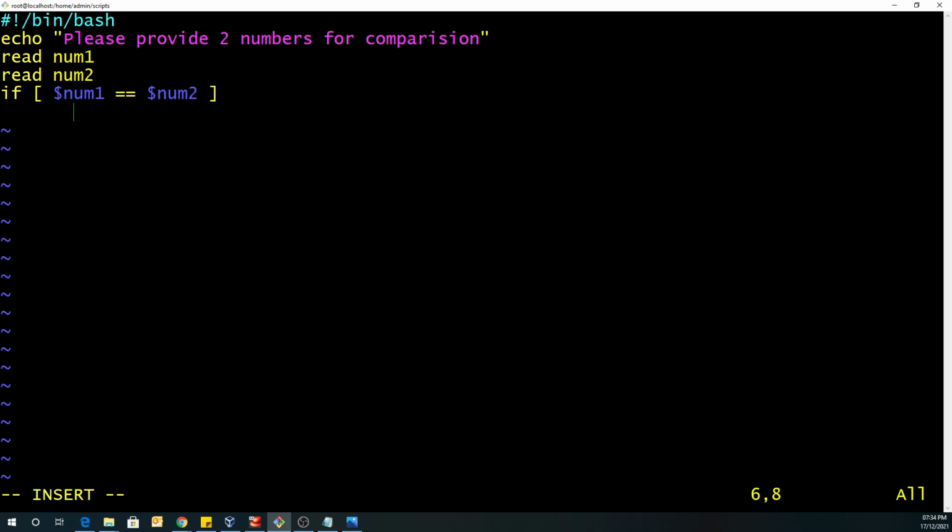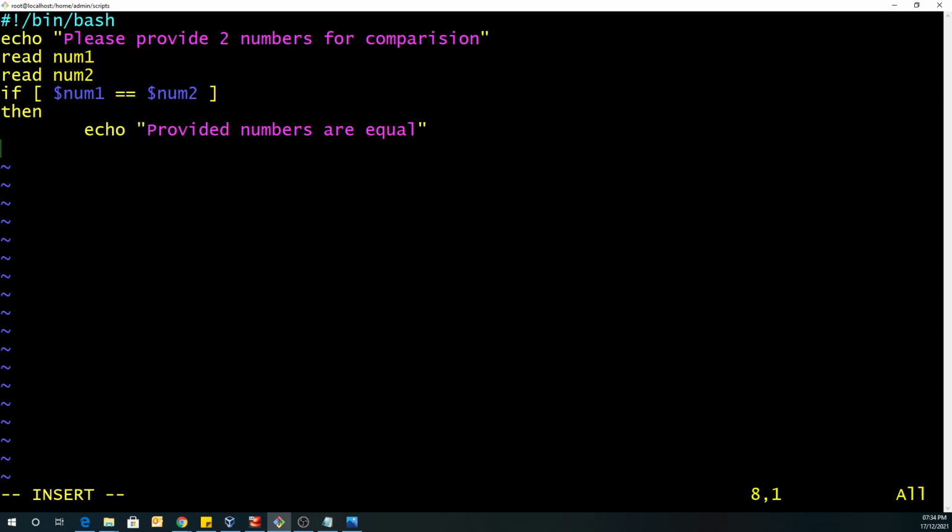Now I will write then, and echo. If the numbers are equal, we will print the message: provided numbers are equal. So this is the if statement.